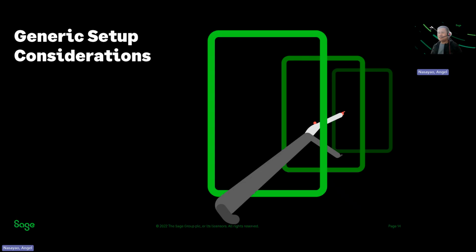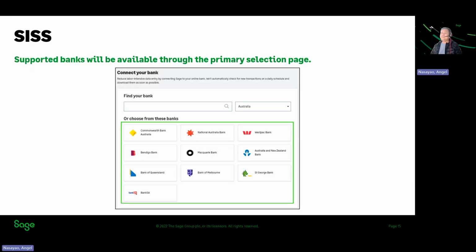So for generic setup considerations, we have SIS. When you connect, supported banks will be available through the primary selection page. When you try to connect your bank feed, you can just select, let's say for Australia, the country Australia. And what you can see here are the icons of the banks that are supported by SIS. All these icons, when you click through and carry on with the setup,